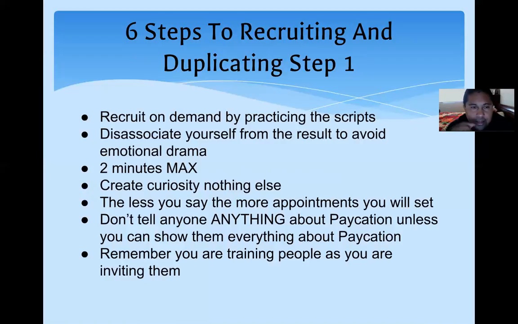Okay. Disassociate yourself from the result to avoid emotional drama. Just keep in mind, one thing that you'll always hear is that they're not saying no to you, they're saying no to the opportunity.